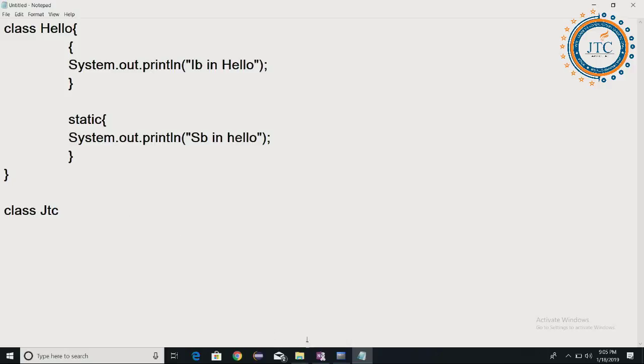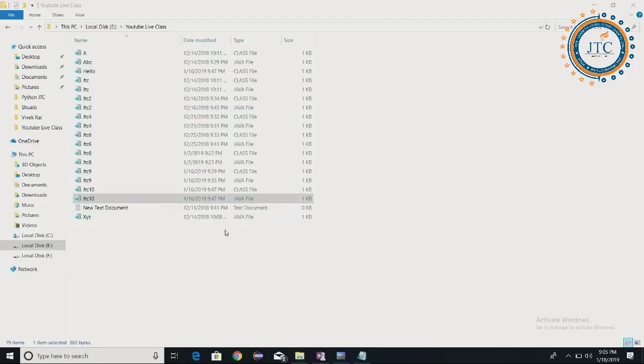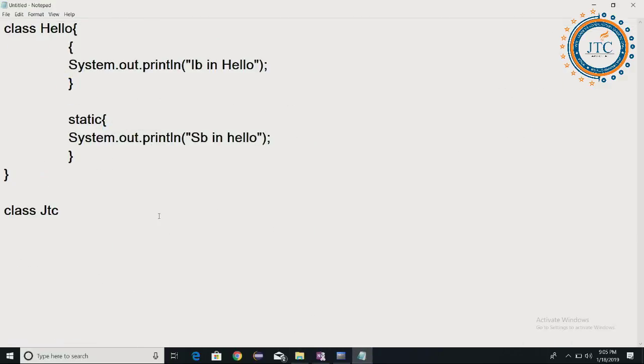Suppose some name I am giving for this one, JTC, so in this case I will write 11. Public static void main, String of args, I am writing.